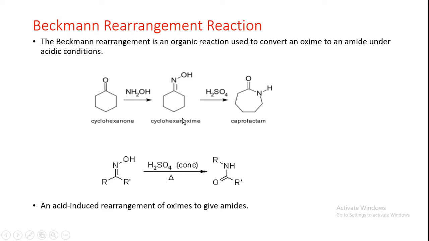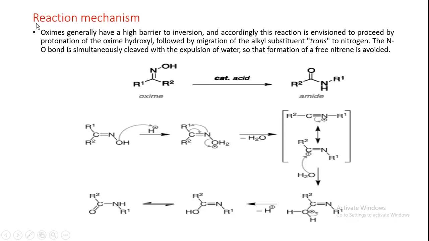Okay, under acidic condition. So another reaction we can say this one are, so C double bond, this is cyclic, here it is not cyclic, C double bond NOH, that is oxime. You treat with H2SO4 concentrated, heat it, so under acidic condition it will convert to C double bond ONH, that is amide. Okay, so an acid induced rearrangement of oxime to give amide, so that reaction is known as Beckmann rearrangement reaction. So reaction mechanism, so oxime generally have a high barrier to inversion,